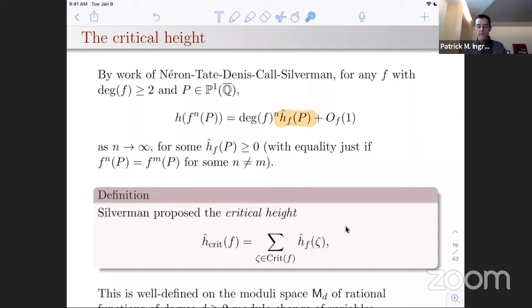And it's pretty easy to check from the definition that this canonical height is non-negative. It doesn't differ from the usual height too much. So the difference between the canonical height of P with respect to F and the usual height of P is bounded in terms of F. And finally, this is going to vanish if you have a point which is pre-periodic, because you only get finitely many things on this side. For the asymptotic to hold, this thing has to be 0, otherwise it is definitely going to infinity. And so in fact, that's an if and only if. The canonical height vanishes if and only if the point is pre-periodic, or has a finite forward orbit. The other direction is a simple consequence of this theorem of Northcott.